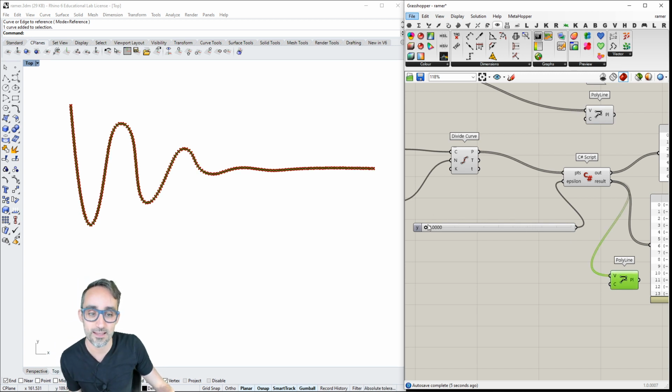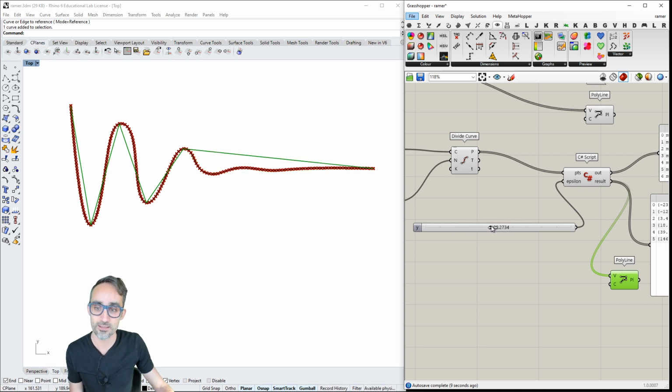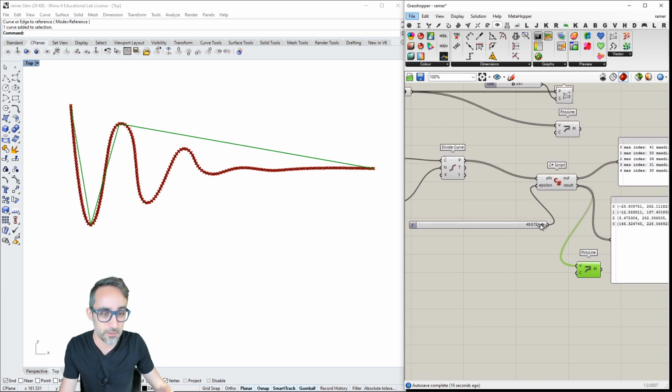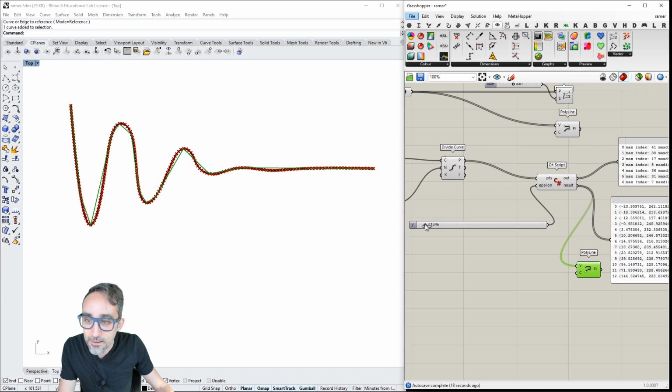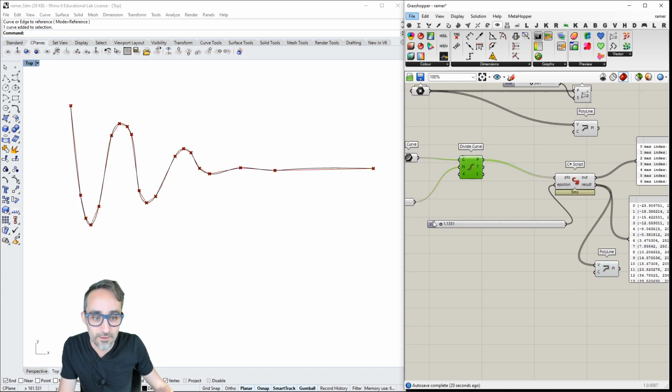But you can see that as I start opening this up, the polyline starts simplifying a lot very fast, you see, and then that one simplifies, and this one simplifies, and the other one simplifies, all the way until I can probably, yeah, okay, and this is a better way of looking at it.